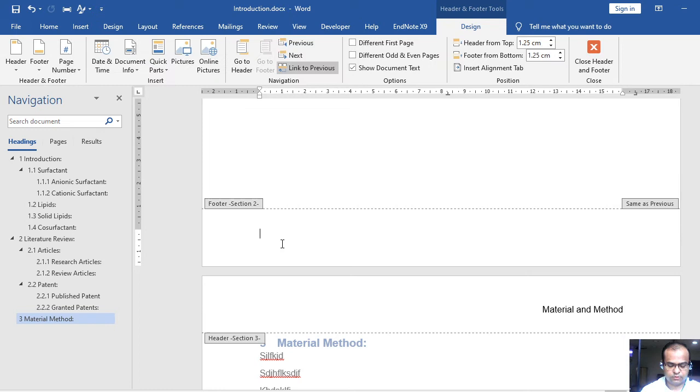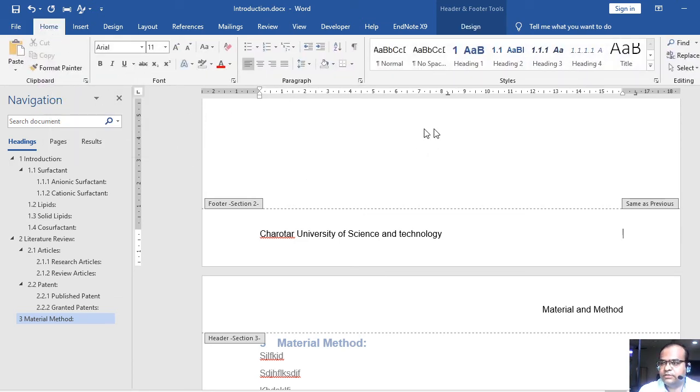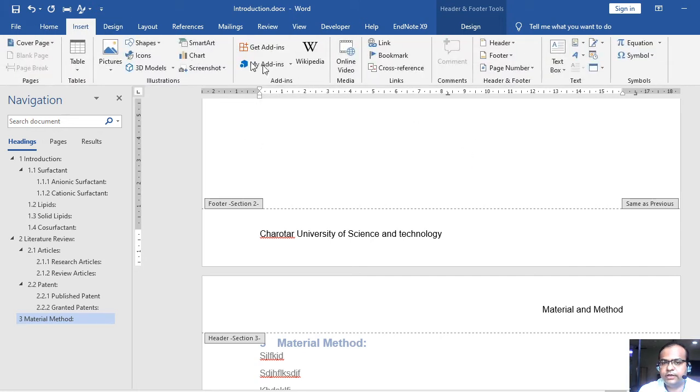Okay, now what about the footer? So footer is almost common in all the sections. Let's say it starts with the name of Charotar University of Science and Technology. Alright, and I would like to add here the page number. So there are lots of options. You may select the page number directly from here, but one more way I can suggest is just go to Insert, and in the Insert section you may find one option called Field, right?